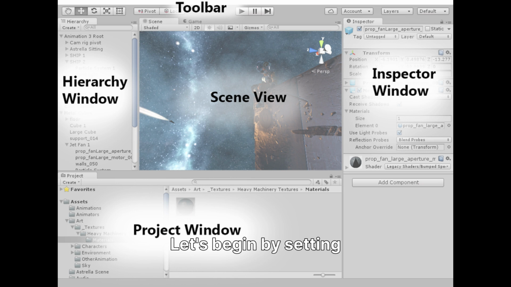Let's begin by setting up a basic scene in Unity to demonstrate these principles. We'll start with a fresh Unity project to ensure everyone can follow along from the very beginning. This initial setup will involve creating some fundamental 3D objects that will serve as our test subjects for both collision and trigger interactions. This foundational step is essential for understanding how Unity's physics system works and how to prepare your